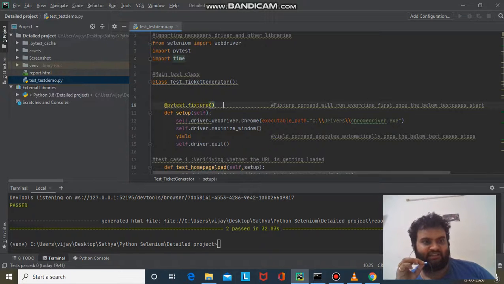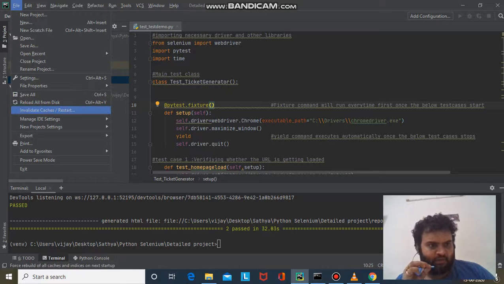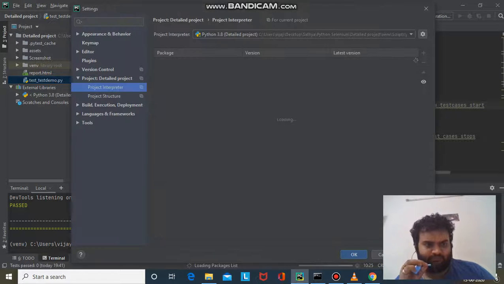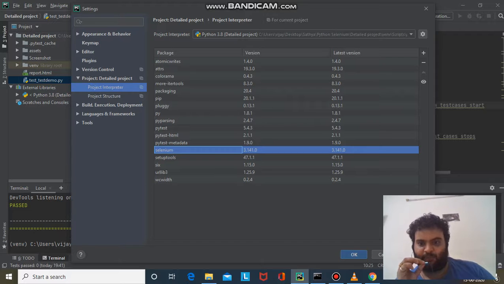Here I have created a project, and I created a new file, test_demo.py. It's a Python file, and you can check in settings, project interpreter. You need to ensure that PyTest HTML and Selenium are properly added to your project.